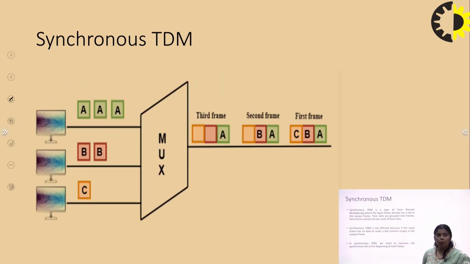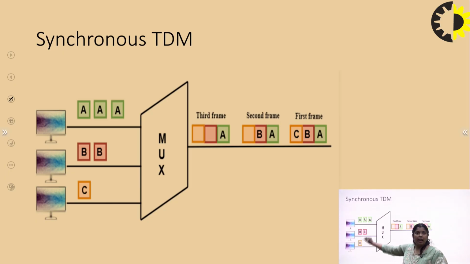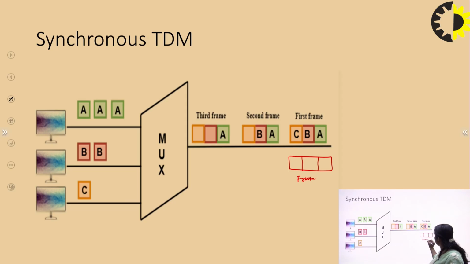This means in synchronous TDM, all stations have different time slots. They are generating their messages, and the total number of stations is denoted by the different time slots. Suppose this is frame 1. In frame 1, there are time slots. How are we generating the time slots? There are stations 1, 2, 3, so there will be 3 time slots. If there are n stations in your network, there will be n slots.